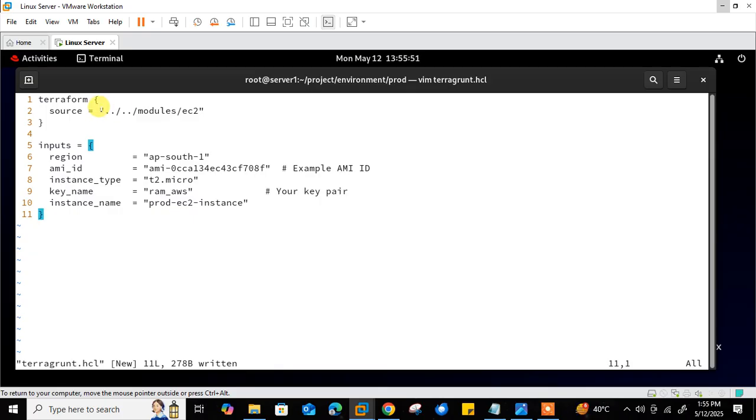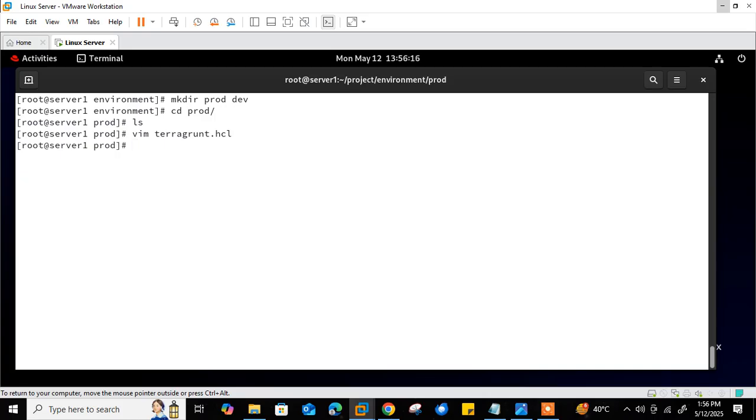Currently I'm using a local path with a relative method. Otherwise you can go with a GitHub URL, or the registry URL also, right? And secondly, I define an inputs block for variable values. So here we have the ap-south-1 region, AMI ID. I'm going to launch this project in the prod environment with t2.micro, with the AWS key, with the prod EC2 instance name.